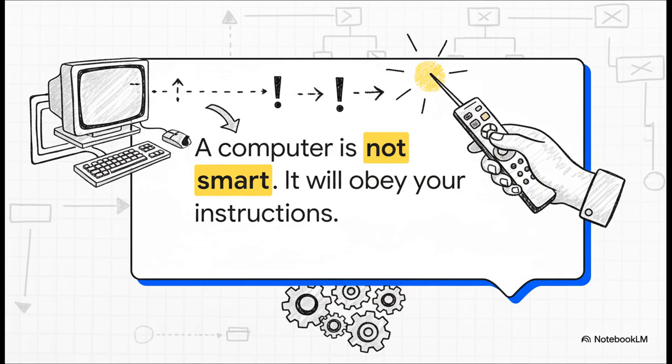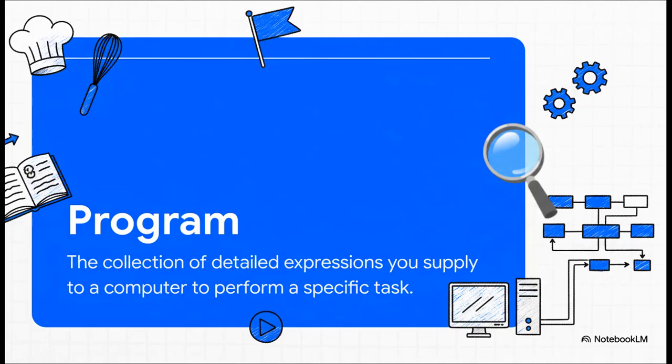A computer is an unbelievably fast and powerful tool, for sure. But it's a tool that does absolutely nothing unless it's told exactly what to do, step by step. It can't guess, it can't improvise, it just follows orders. And that set of orders, that ridiculously detailed recipe we have to give it, that's what we call a program. It's just like a chef needs a recipe to bake a cake. A computer needs a program to do, well, anything. Without one, it's really just a useless box of metal and plastic.